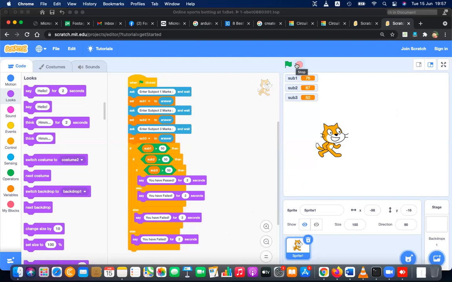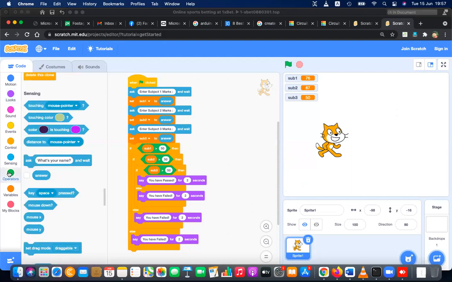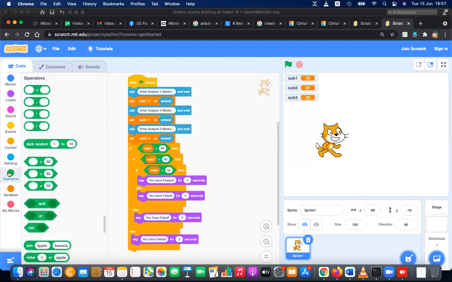How? You have to add both conditions. From the operations, you have to tell if it is greater than 50, or if it is equal to 50. This is how you construct that. Greater than 50 or equal to 50. Understood?